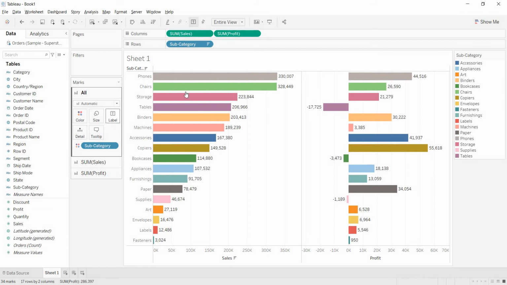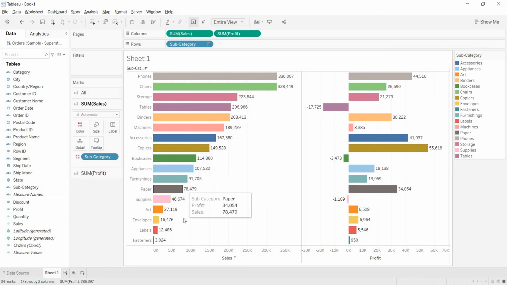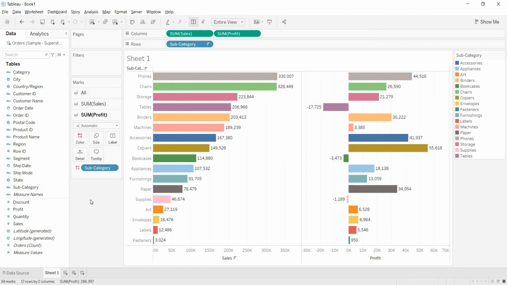That means if you want to apply changes on both the measures at a time, then you can use this All marks card. Or else if you want to do any modifications at the individual marks card level, that means only if you want to apply changes particular to the sum of sales, then do the changes at this marks card. If you need to apply some changes particular to only sum of profit, then do the modifications at the sum of profit marks card.